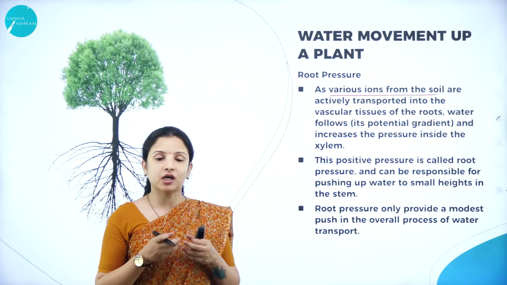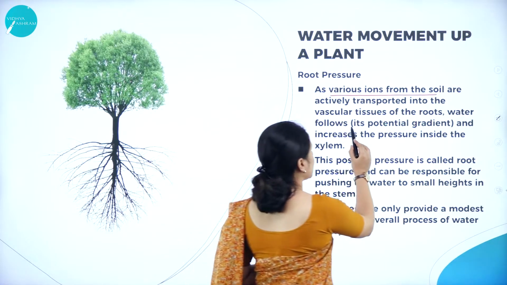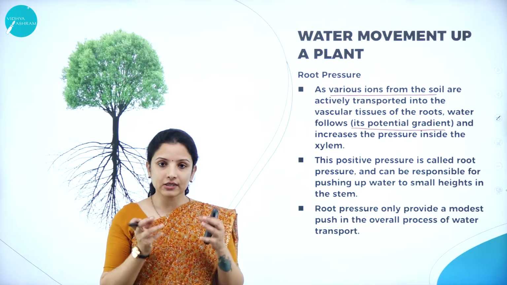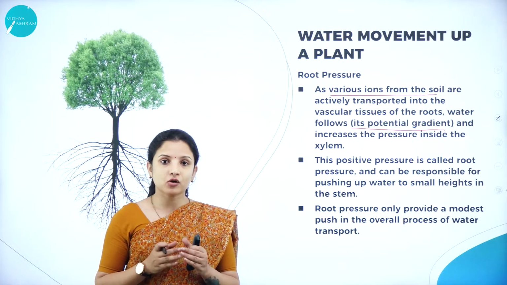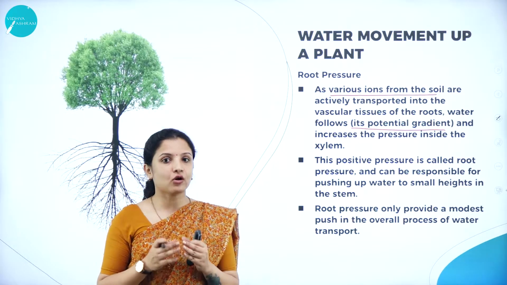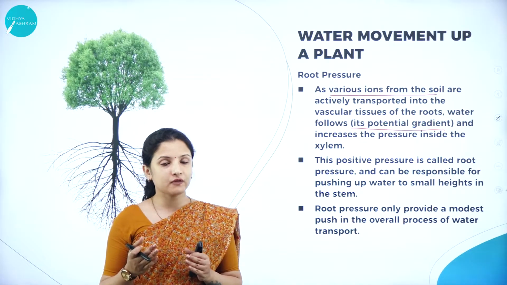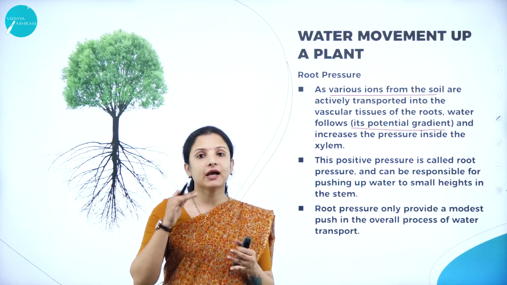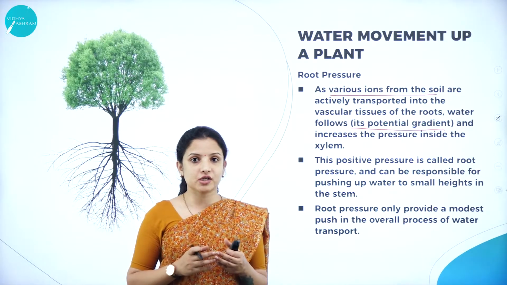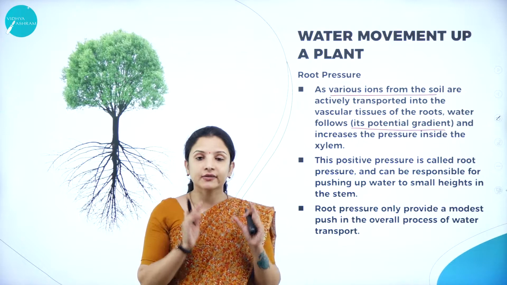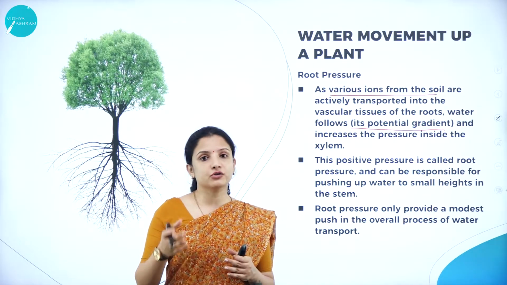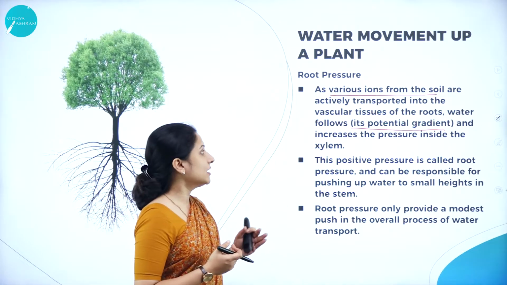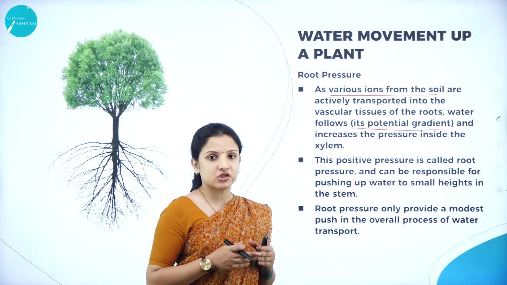And how is it transported? How do the roots actually absorb water? Through a potential gradient. So what is this potential gradient? How is it created? We know that in the soil the concentration of the ions and the water molecules is more, right? But in the root hair of the root, it is less. So the particles, the water molecules and the ions, have to move from a region of higher concentration to a region of lower concentration. Therefore, they will be moving from the soil into the root hair where the concentration of the ions or the water molecules is very, very less. And it moves along a pressure gradient.